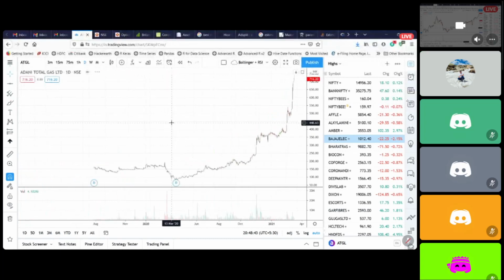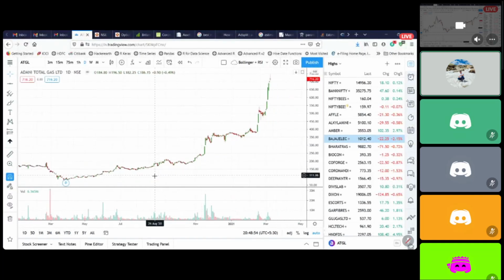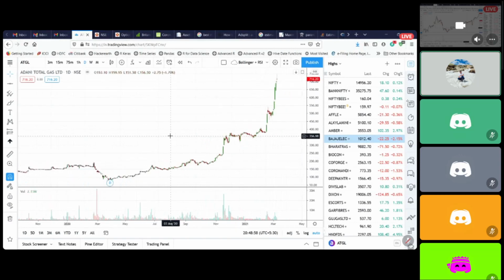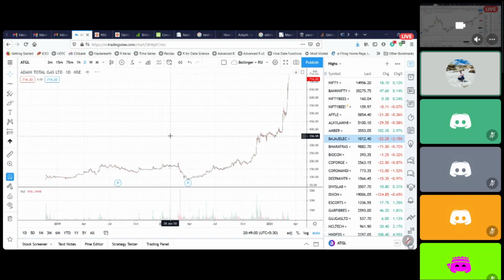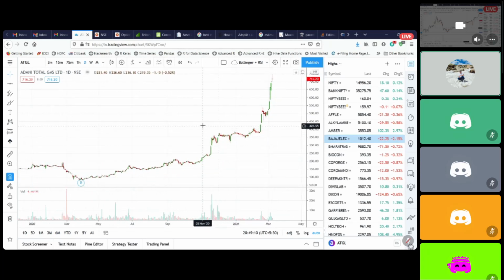Okay, all right. I mean, even in Adani Total Gas, see, if someone got long at 180, 190 region only in September, so from 190 to 716, you already hold. This is how you automatically catch hold of multi-baggers also. You don't need to do any special kind of analysis. Just hang out. Very simply, just see that, okay, yeah, it is hitting a new high much before Nifty. So there is a high chance it might go on, it has high momentum, it might go on to create much, much higher.